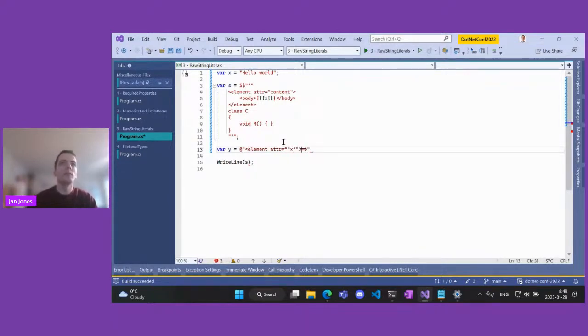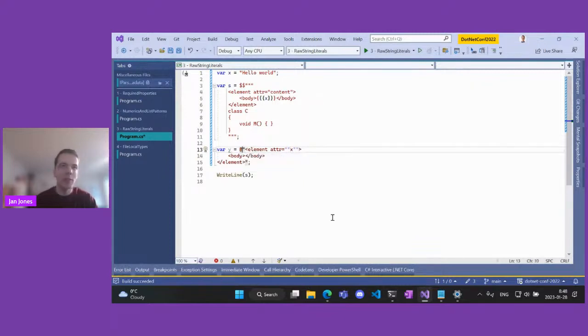For example, you have a string like this, and it's maybe even more complex, like there can be many escape characters and so on, and you want to convert it to a raw string.